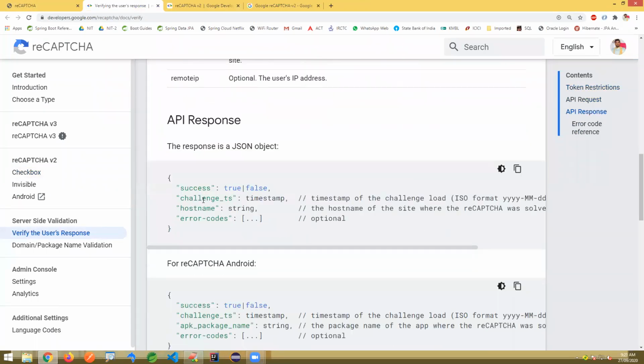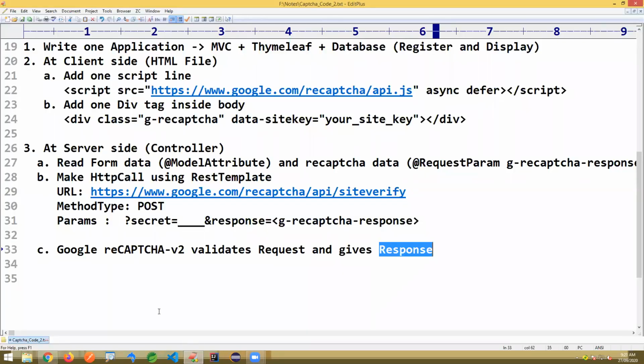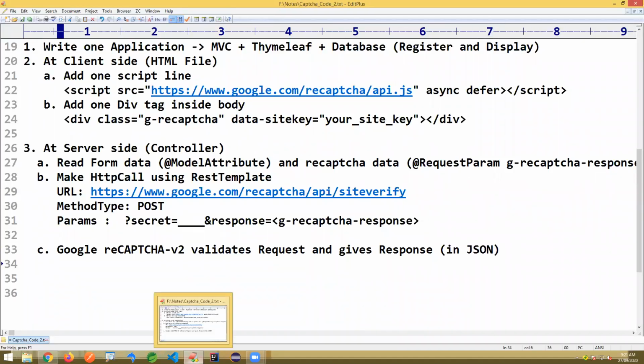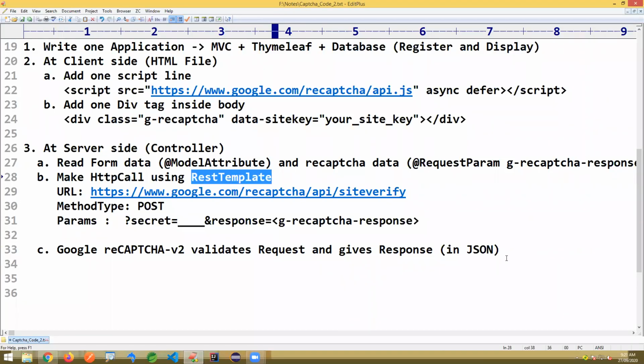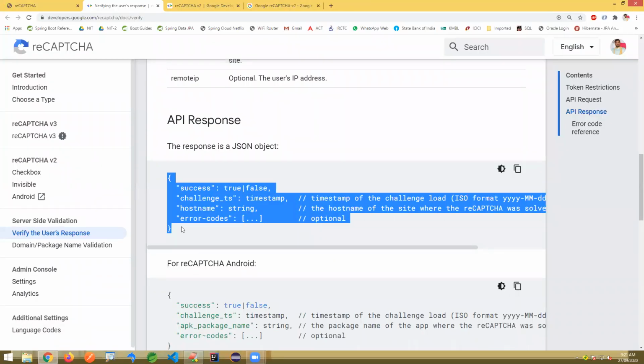This response contains these details, in JSON format. Of course, you can convert it to an object representation. REST template supports reading the JSON into an object format also. So this is the JSON data that we are going to get.